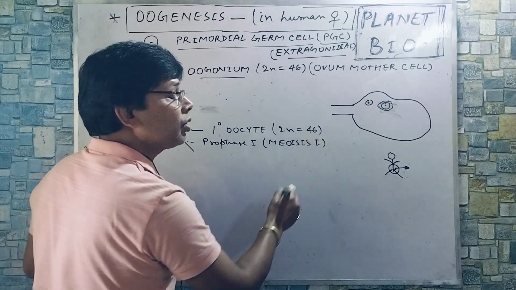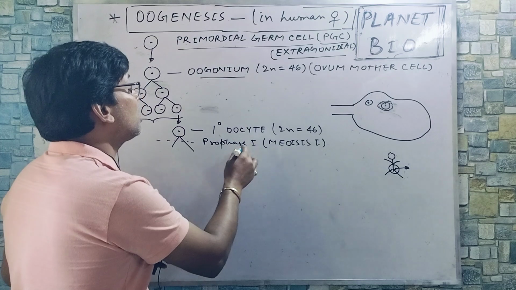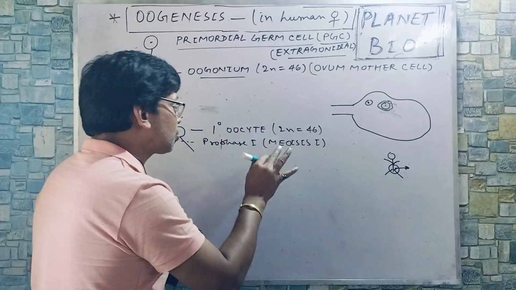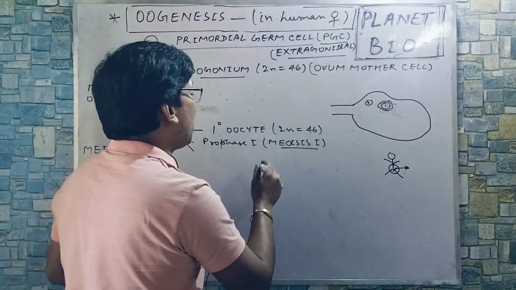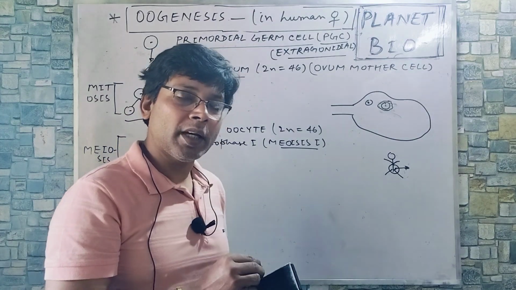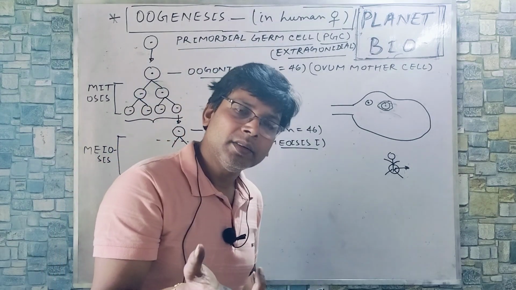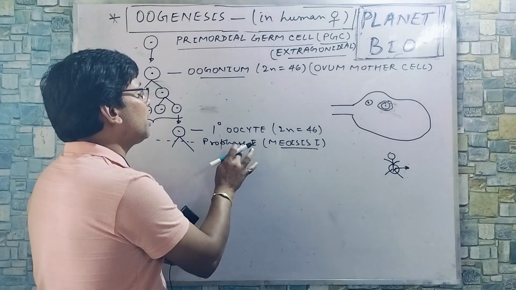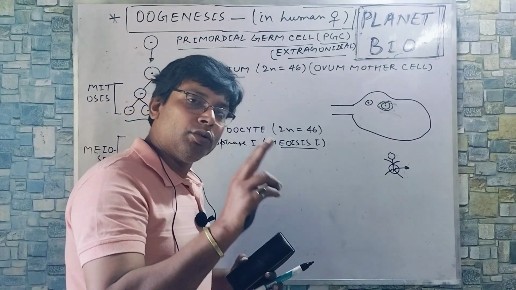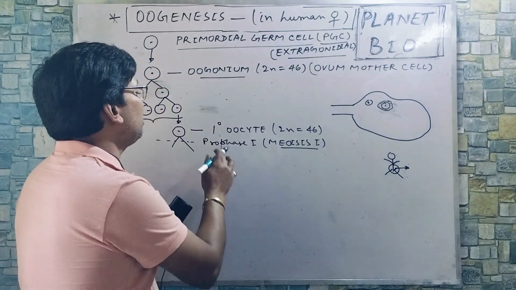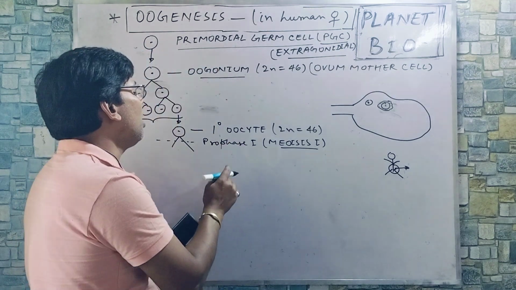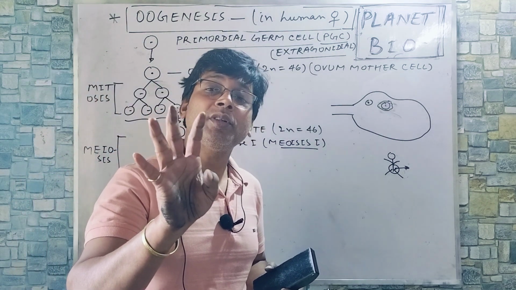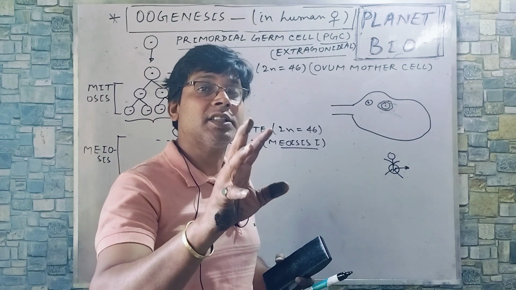रोक दिया जाता है। क्यों रोक दिया जाता है, अरेस्टेड, कहते हैं अरेस्टेड एट प्रोफेज 1 मियोसिस 1। अरेस्टेड मतलब गिरफ्तार कर लिया गया, नहीं, रोक दिया गया। अरेस्टेड मतलब स्टॉप्ड एट प्रोफेज 1। आपको मालूम है मियोसिस में 2 बार डिवीजन होता है, पहले रिडक्शनल होता है तब इक्वेशनल होता है। तो यहां पर 2 बार न्यूक्लियस बटेंगे, 2 बार साइटोप्लाज्म बटेंगे। तो इसमें इंटरफेज, प्रोफेज, मेटाफेज, एनाफेज, टेलोफेज ऐसे चलेगा। अब ये प्रोफेज 1 जो है, इसके फिर 5 स्टेज होते हैं, उसको लेजी पैडी से स्टार्ट कीजिए: लेप्टोटीन, जाइगोटीन, पैकेटीन, डिप्लोटीन, डायकाइनेसिस।